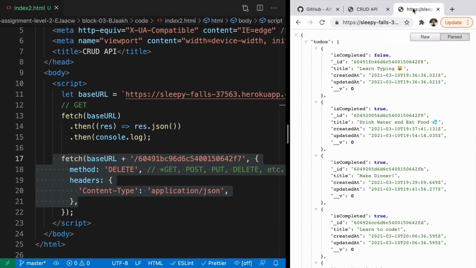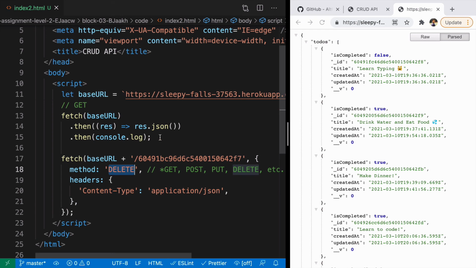One other thing to notice is that sometimes when you're making requests to this URL, you will not find any to-dos here. Don't worry about it. If you don't find any to-dos, go ahead and, using a post request, add some to-dos, and then start creating the application that you have to create in your next exercise.